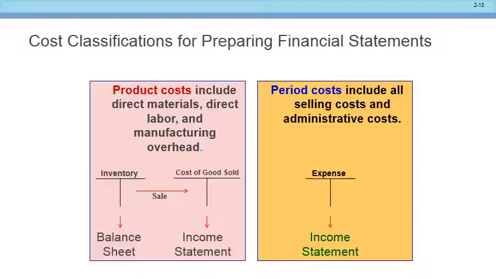I'll make sure to put a couple of chapters up to help you remember those things. But that's what we were doing with the magnets the other day. And then we expense our selling and administrative costs. We call those period costs because we expense them each period. Each year, whatever we spend on our advertising, whatever we spend on our CEO salary, etc., is automatically going to be expensed. Okay? All right.